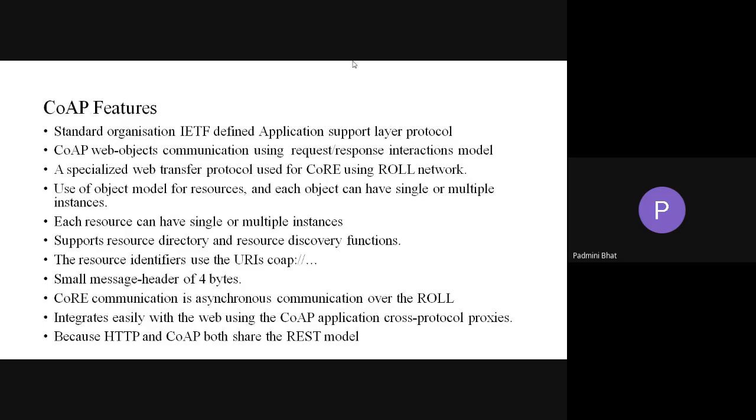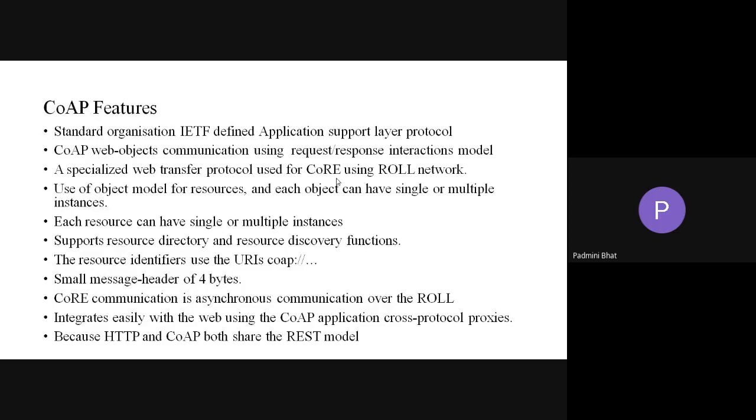Next, CoAP features. It is an application support layer defined by the standards organization IETF. CoAP web objects communicate using request response. This I have told. A specialized web transfer protocol used for constrained REST, that is REST, using low-power networks.